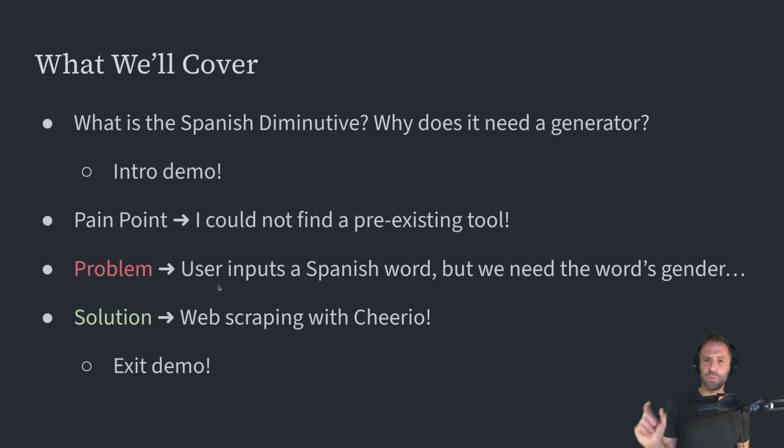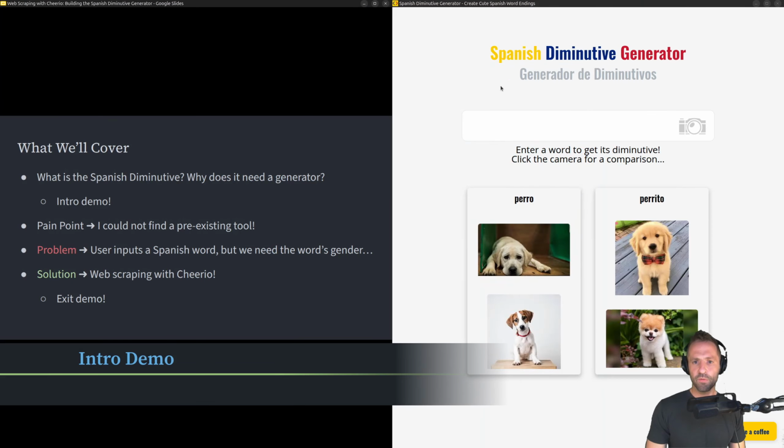When a user inputs a Spanish word, how do I know that word's gender? That's something we need for the diminutive. For the solution, we ended up web scraping with Cheerio, and I'll give you an exit demo after we finish the explanation. So for the intro demo here, we've got the web app on the right, the Spanish diminutive generator,